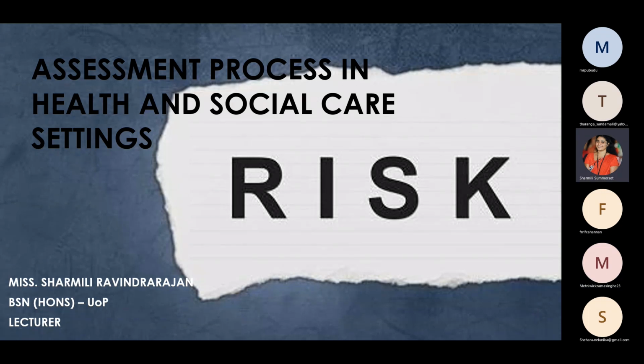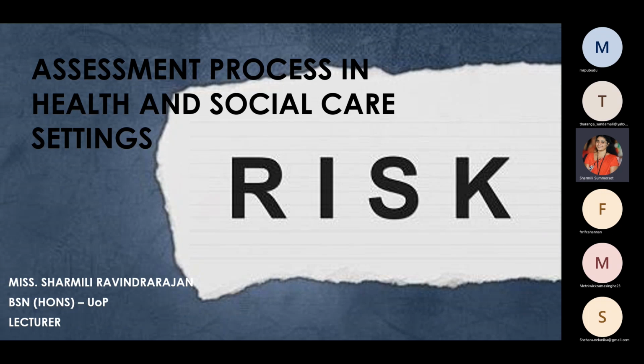Okay. So in today's session, we are going to see regarding the risk assessment. In addition to the risk assessment, I have planned to do another kind of assessment, which is the nursing assessment. The assessment that we are specially focusing on is the nursing pathway, nursing career, because assessment, as I already told you, we can do in every workplace. It can be a health and social care sector, and apart from health and social care sector also, we are following an assessment process. Why?